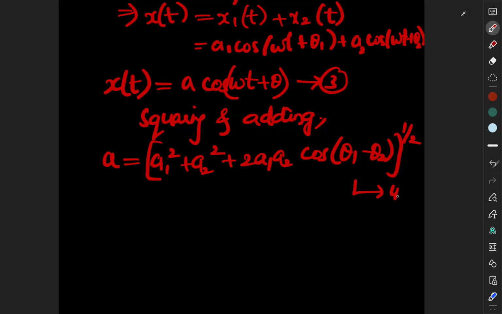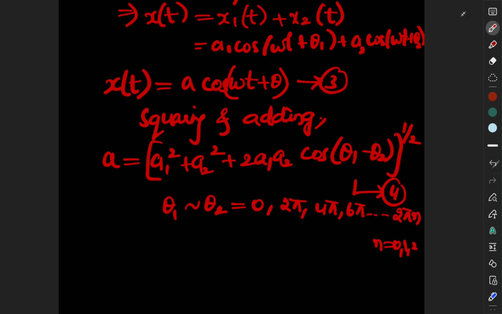Let this be equation number 4. In the fourth equation, if we assume theta 1 and theta 2 are equal to 0 or 2 pi or 4 pi or 6 pi, and so on up to 2 pi n, where n is equal to 0, 1, 2 and so on,